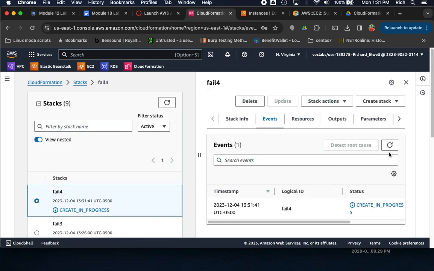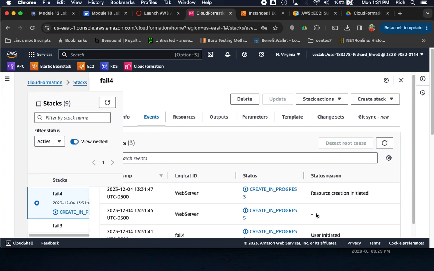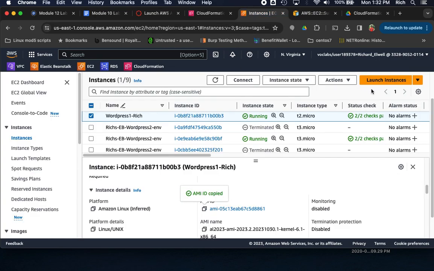Now if we wait for this one, it's not going to eventually say create complete, I don't think, because it never gets the output back. But it's going to start trying to create, and you're going to go look at your instances and be like,